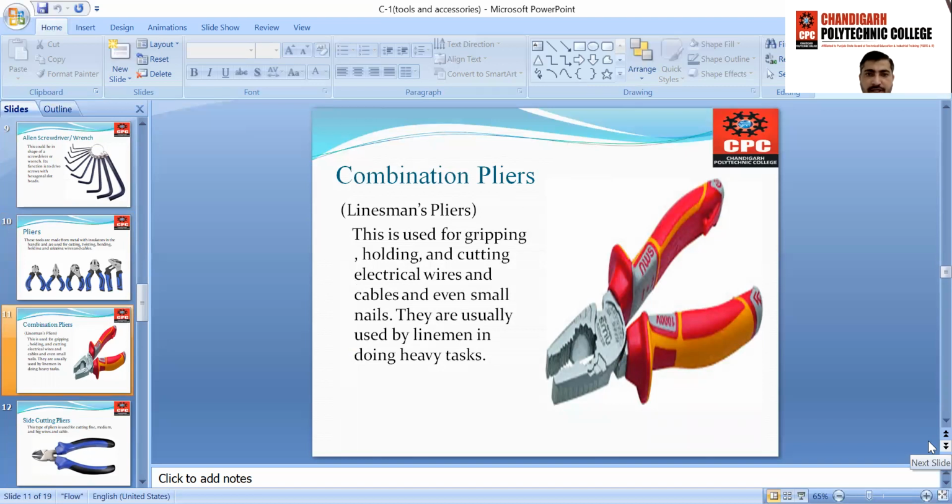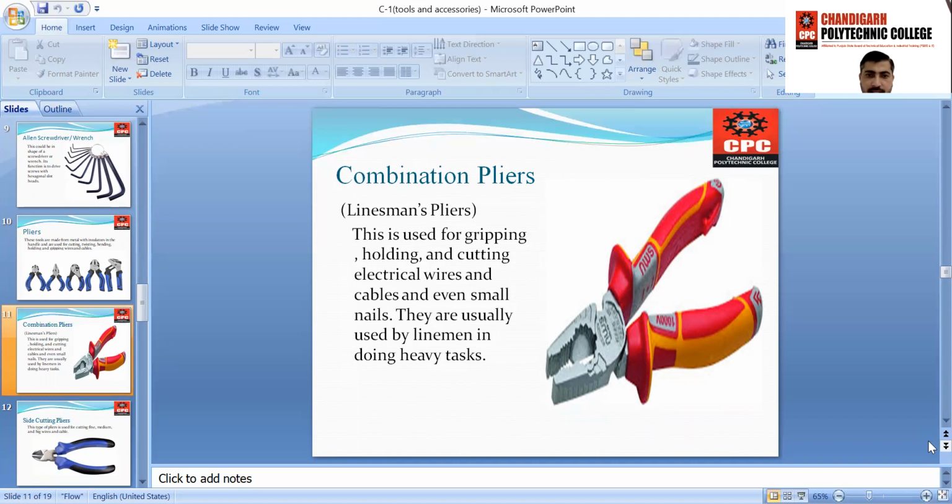Next is the combination plier, also known as the lineman's plier. This is used for gripping, holding, and cutting electrical wires and cables, and even for plucking small nails out of the wall or installation site.